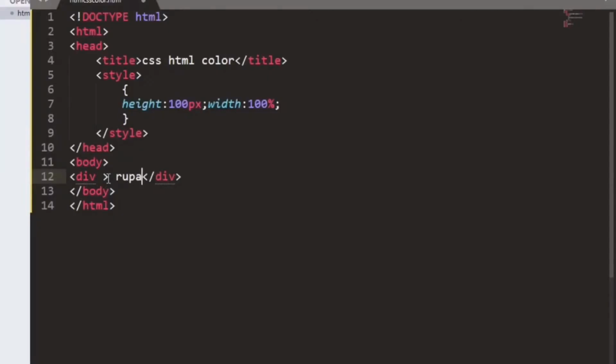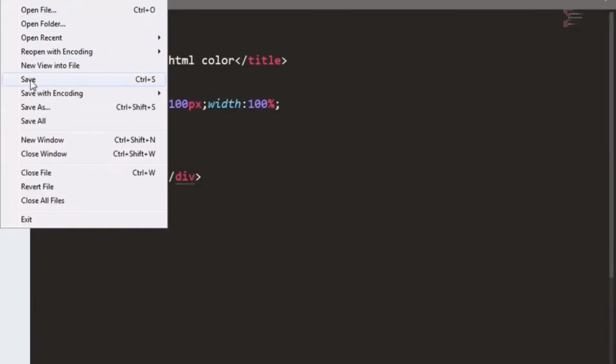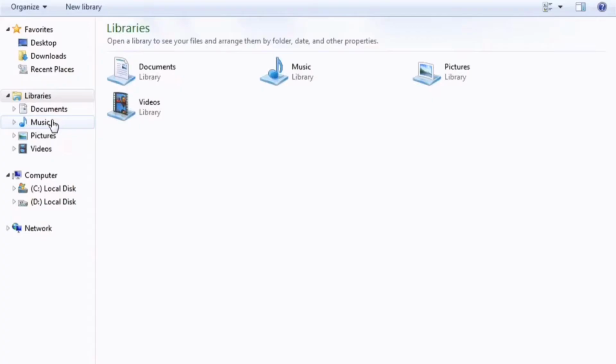After that, in the div, we will print some message. For example, I am printing Rupali. So this is my message printed in a div. We will save the file, go to the browser, and open the file.